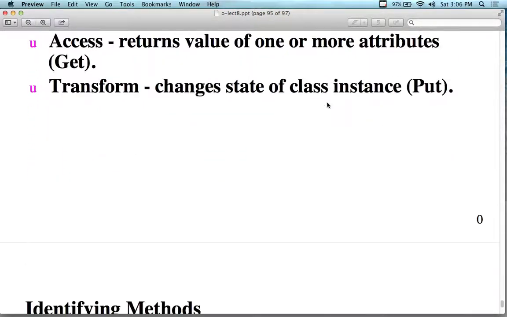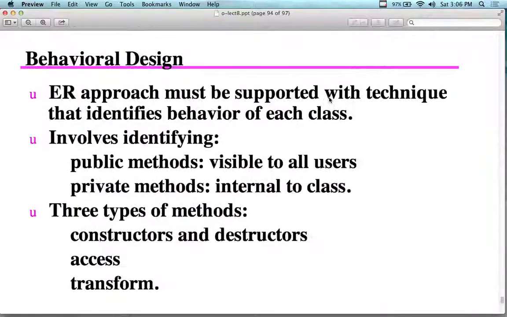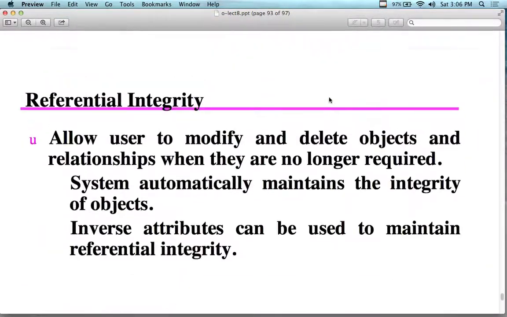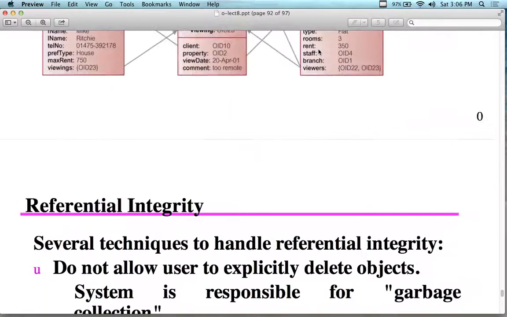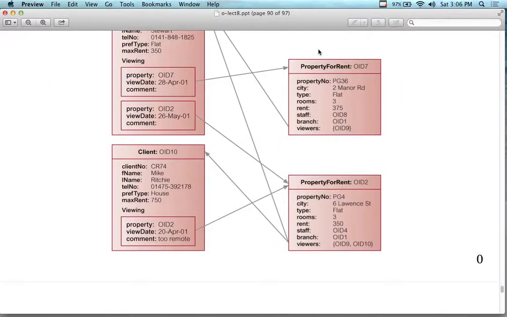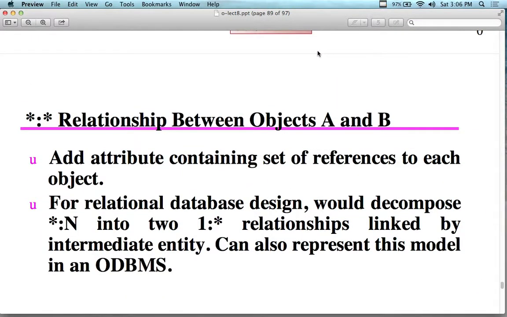So, I'm going to stop this one. It's just the conclusion of the lecture I started before we had our lunch break on object orientation. For those of you who just now started paying attention, this was a continuation of the lecture that we had before the lunch break. So, and I'm going to